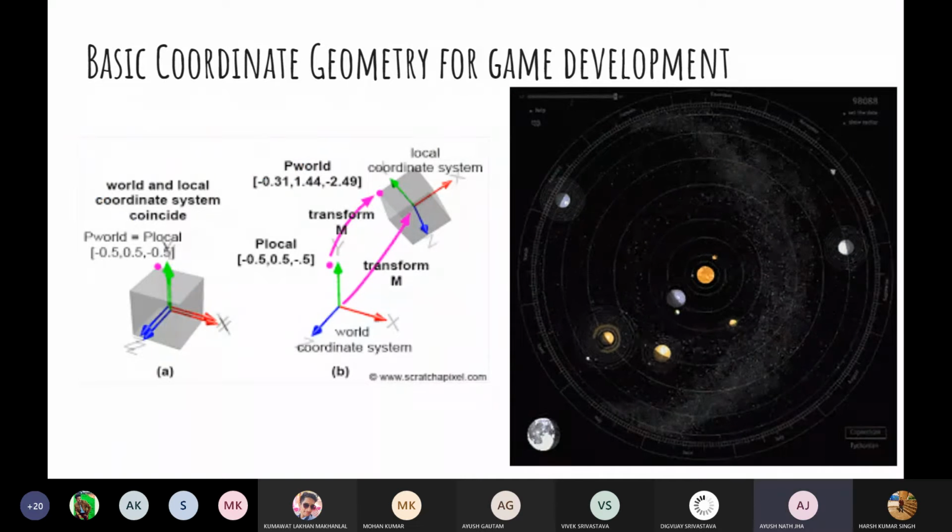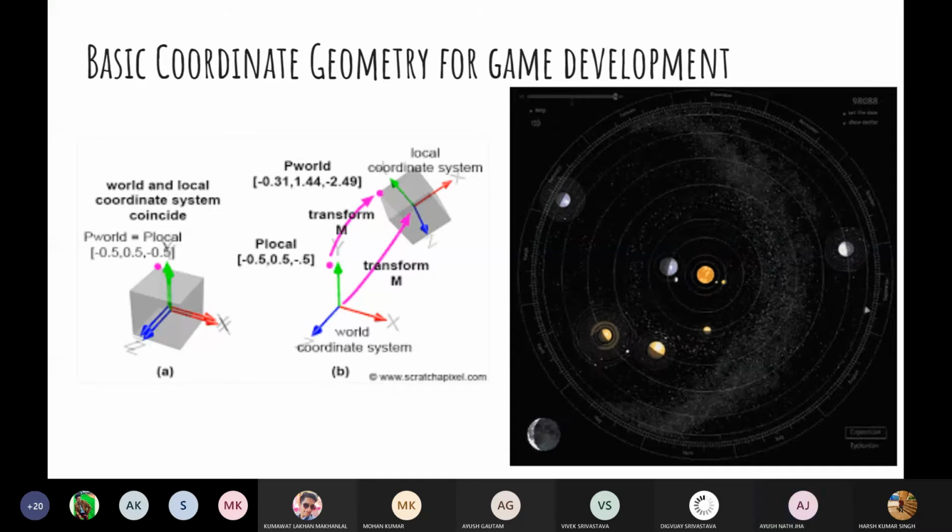Now, we have two types of coordinate system in Unity. One is the world coordinate system, and another is the local coordinate system. The difference between them is this: let's say you have a world, and you are sitting in a room, and the middle of the room is a reference point. This reference point never changes. It remains static. If your room is a world, then the origin of the world coordinate system of your room lies at the center of your room, where you have defined the reference point.